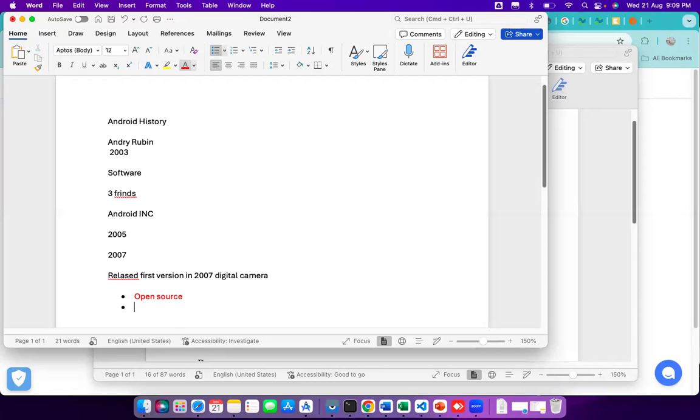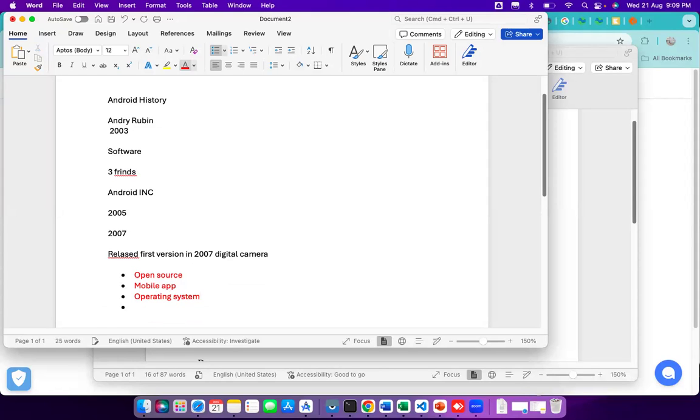Next, in future we will develop this for mobile app development. Initially it was for cameras, and after that we will have mobile apps. Then we will also release this as an operating system, and also release a development environment.